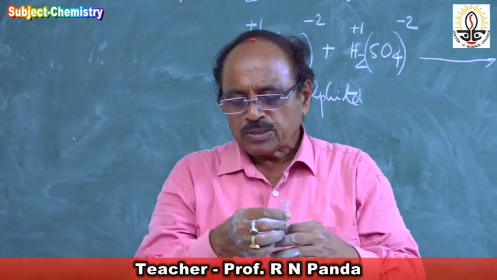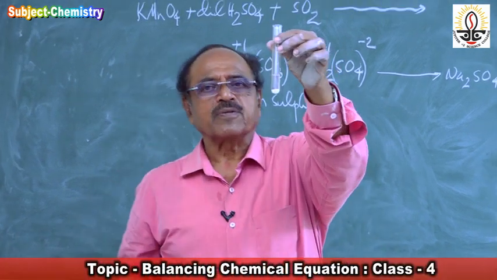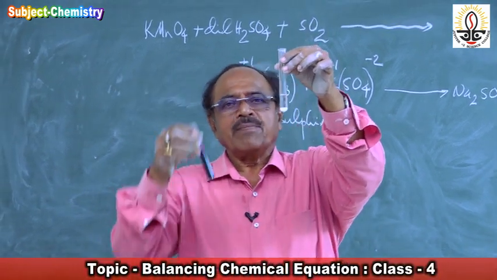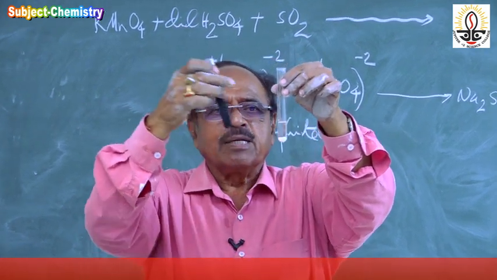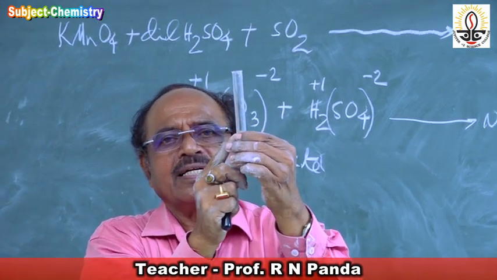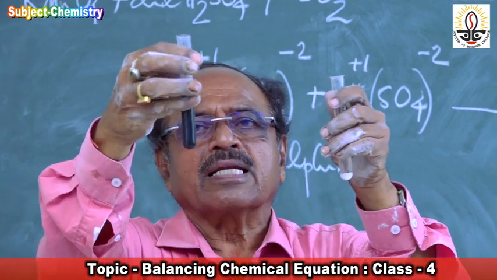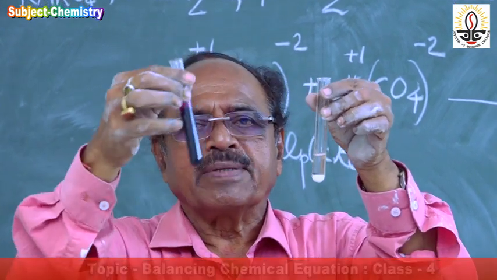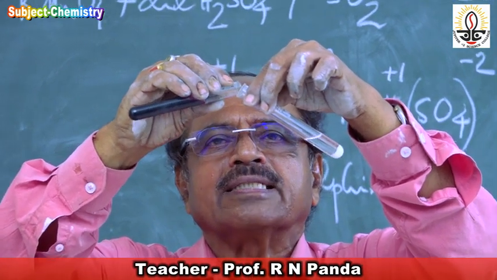So let me show this reaction to you. Now you see this is my sulfur dioxide and I am adding the pink potassium permanganate solution. It will be very interesting. The moment the potassium permanganate comes to the sulfur dioxide, here is sulfur dioxide gas, the moment this pink color comes to this side, it is becoming colorless, colorless, colorless. See how nicely you find this reaction.